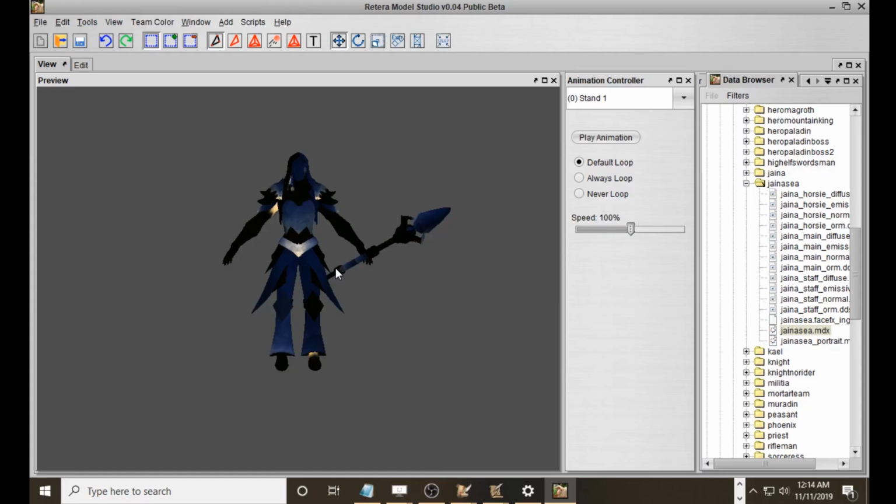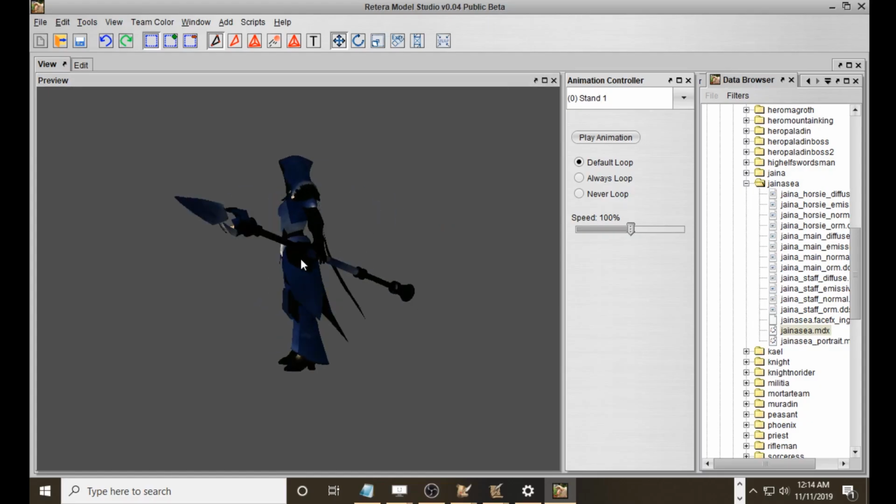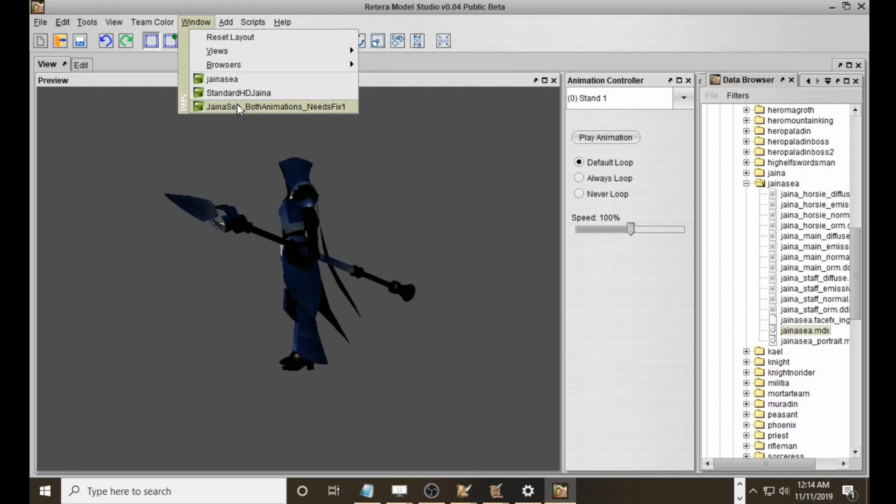Why did that happen? Which means that the animations expect them to be straight, right? That if she then bends her legs,